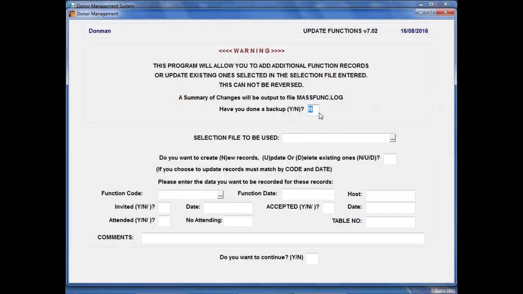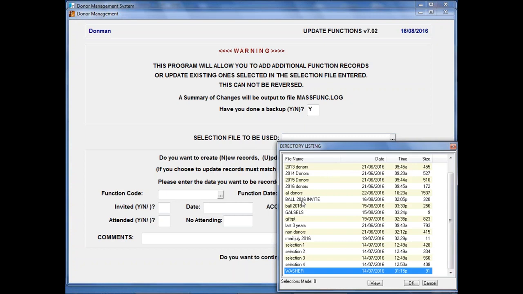So if I go into this option, like any of the bulk changes in Donman, it'll say, have we done a backup? Normally backups happen on servers overnight and things like that. And in this case, because it's really only playing with the function records, if something goes wrong, we can fix it fairly easily normally. So in this case, I'm going to say, yes, I have done a backup, because I actually have. And then it'll ask me which selection file to use. So if I go down and see my,